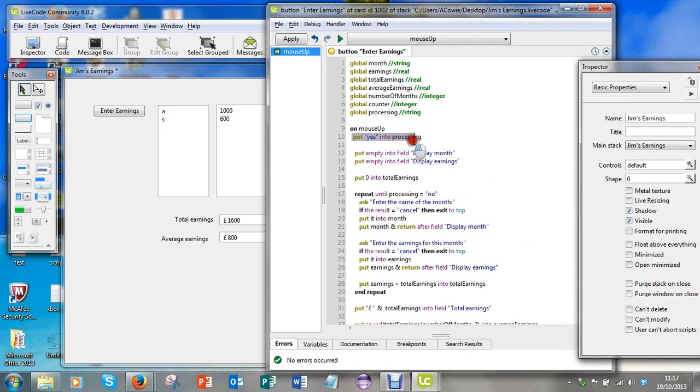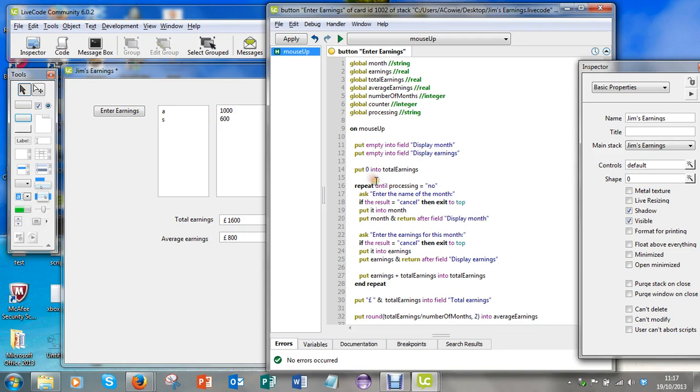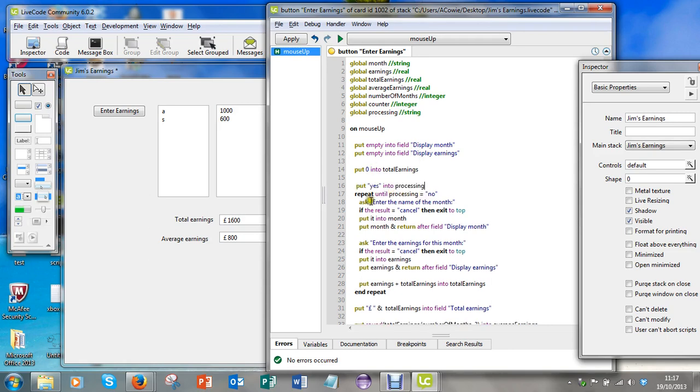So in fact, I'm going to take that line there, cut it, let's just move these up a bit, and put it next to the loop just to make it a bit more readable. I'm just going to press tab just to line things up. So down at the bottom of the loop here, I'm going to ask if there are more months to enter. So I'm going to say ask continue processing, and I'm going to make sure he knows what to type in, so yes, no,